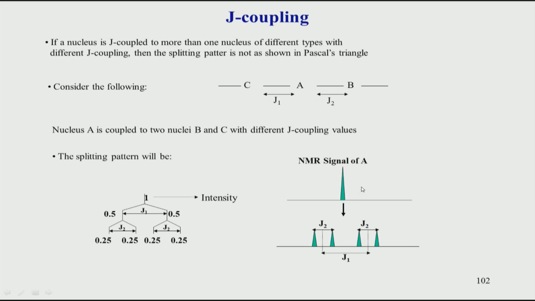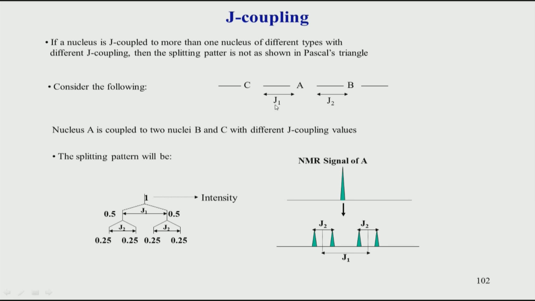So, basically the original peak gets split into a doublet because of the bigger coupling, and then further it gets split into smaller couplings because of another coupling, and that is a doublet further. So, we say a doublet of a doublet. The main point to remember here is that you have to first consider the bigger coupling value and then go to the smaller coupling value. So, decide first which is the bigger value, if you know the value, and then based on that you split it first, then take the smaller value and split it further.